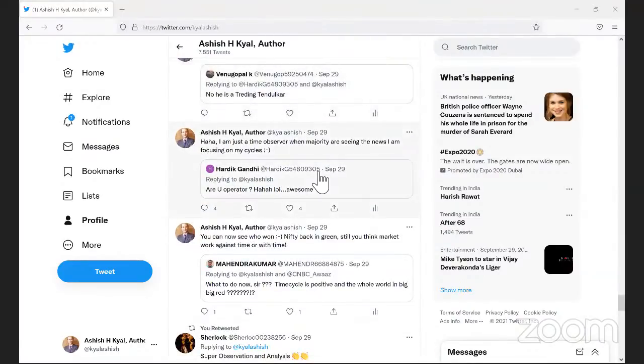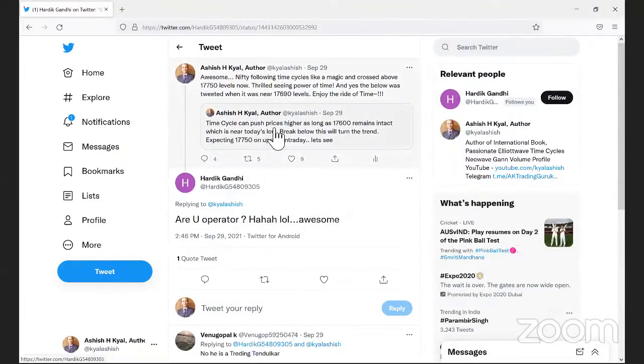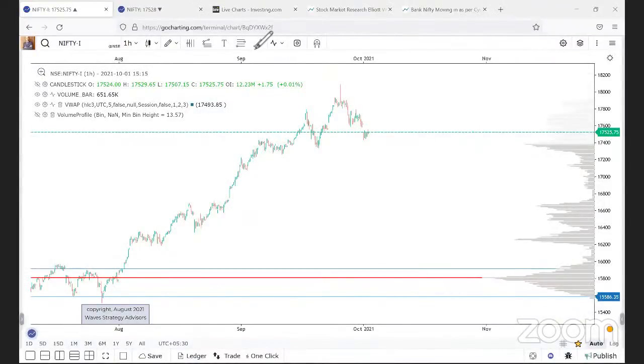Okay, here was another tweet from Hardik Gandhi. He has been saying, so over here I expected prices to push on the upside, then come on the downside, and he's saying, are you an operator? So on what basis, what was the level? Let me show you on the chart now. What was the level? So here, if we zoom in and look,